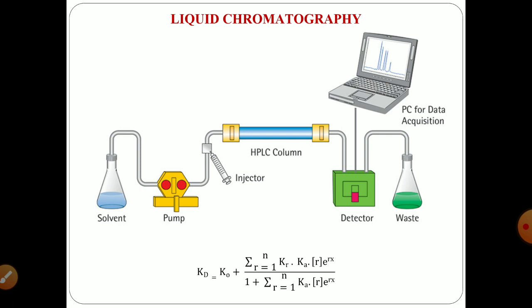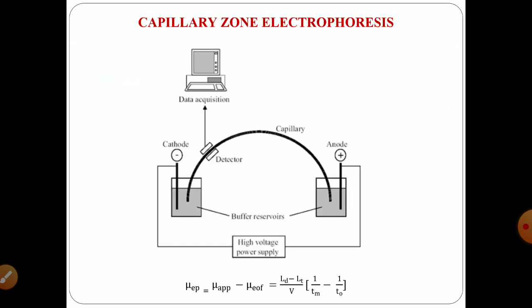The next and the last method by which you can determine dissociation constant is capillary zone electrophoresis. This capillary zone electrophoresis serves as a useful tool for determination of the value of dissociation constant. It has various advantages over potentiometric and spectrophotometric methods. Since the pH influences the electrophoretic behavior of the substance, a relation can be established between pH, pKa and the electrophoretic mobility of the compound.